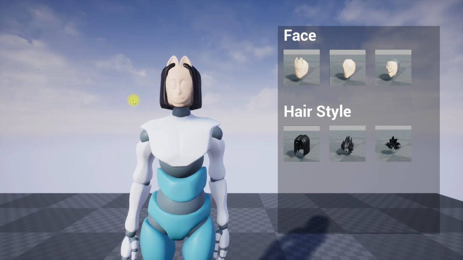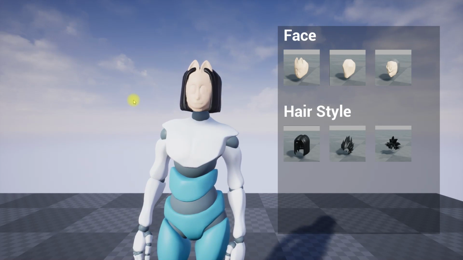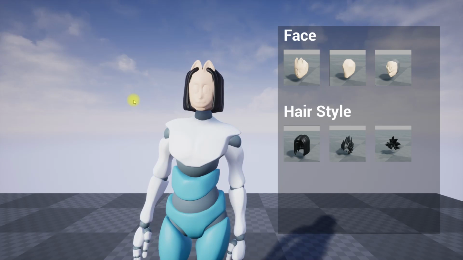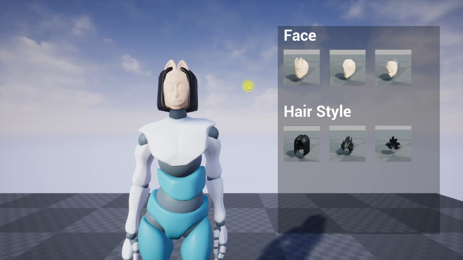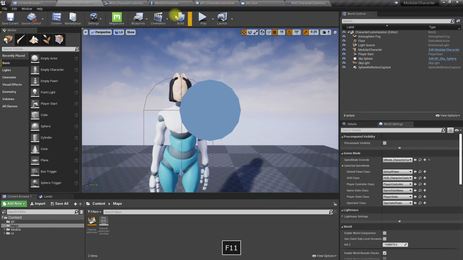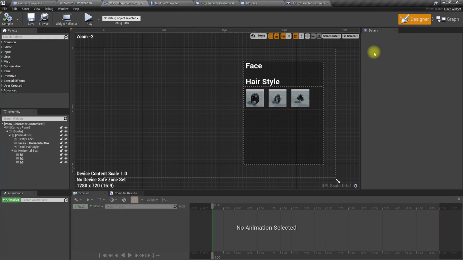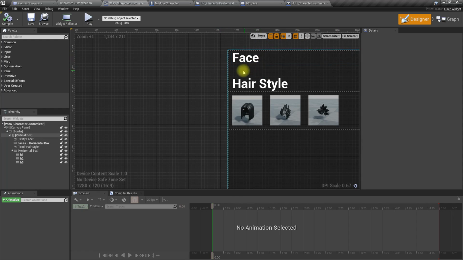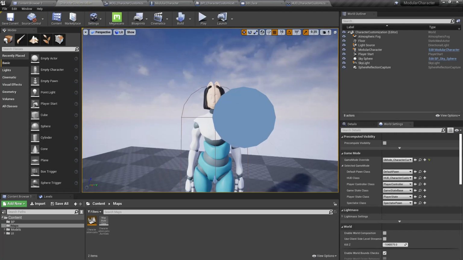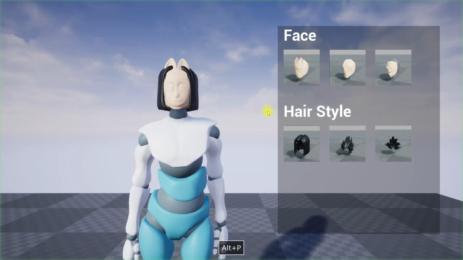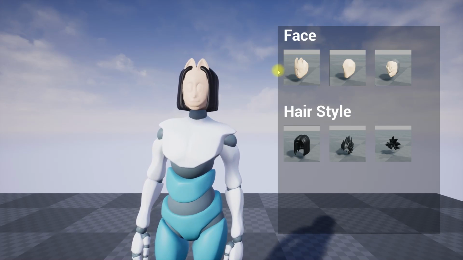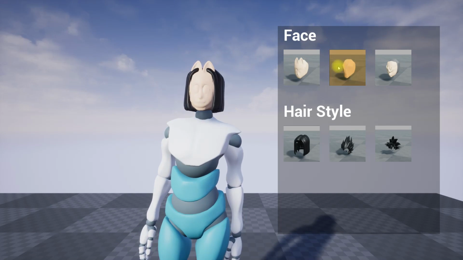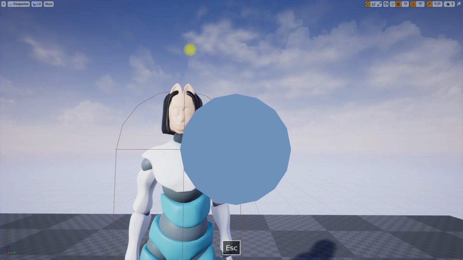Hello everyone. So in this episode I am going to work on how to create these buttons dynamically. So that means if I show you this widget here, under face we don't have any of the buttons, it's empty, and only when I play the game we get these buttons. They are initialized, created and added to this UI dynamically based on